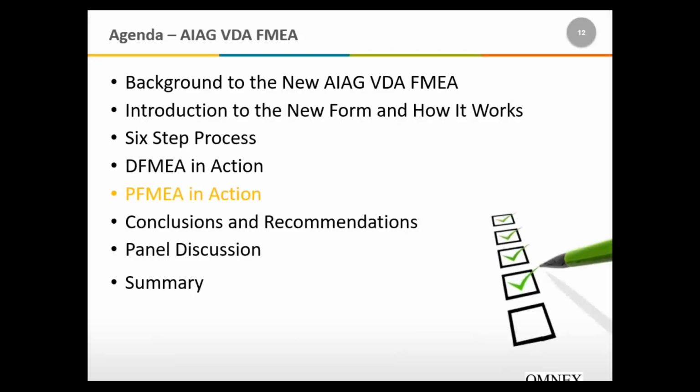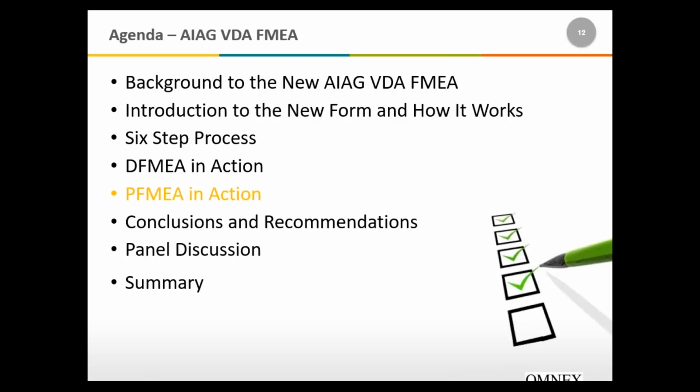So what we'll do is we'll cover the background to the new AIAG VDA FMEA, then go right to an introduction to how this new AIAG VDA FMEA, we'll call it a form, but we'll explain more as we do that. Then Greg will come on and talk to you about the six-step process, the DFMEA in action, and you do see the PFMEA in action in yellow because by the time we got done describing the DFMEA, we just were